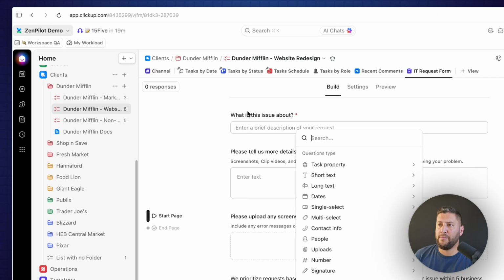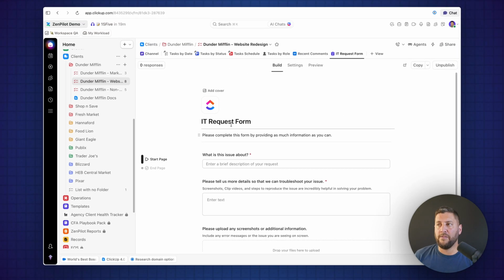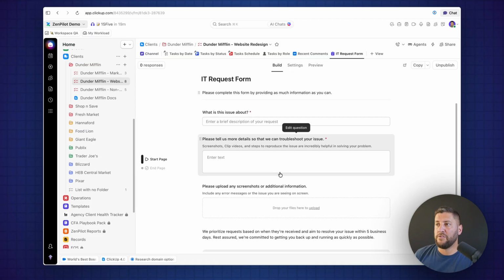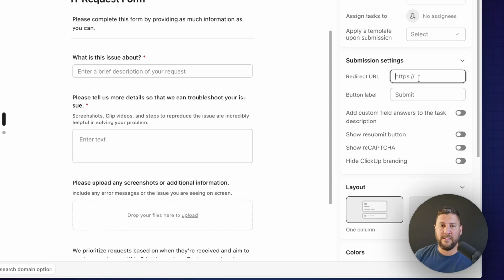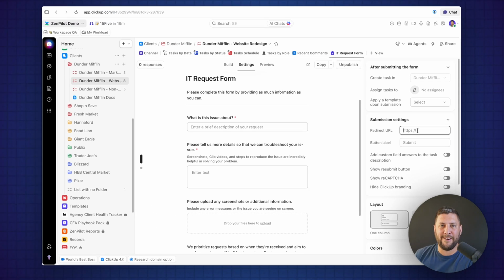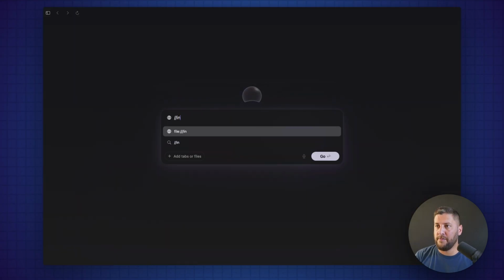So most of these templates for forms aren't coming with a ton of custom fields already built out because they don't want to clutter your workspace with all kinds of other custom fields. But what's super cool is as you're building this and applying this, there's just a couple things that I wanted to call out that surprise people. You can send a redirect. So I may have shared this example before,